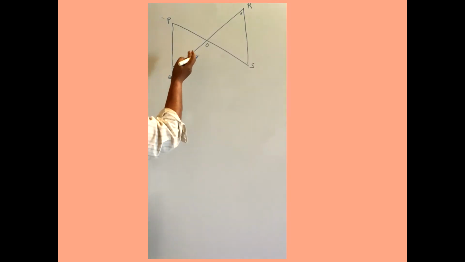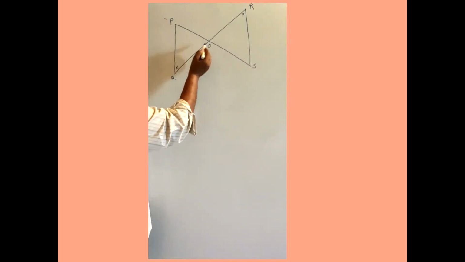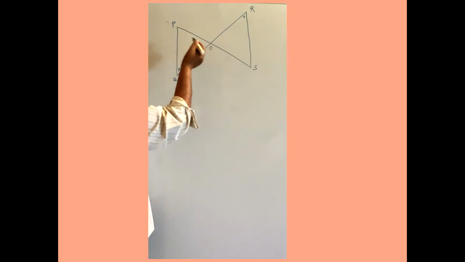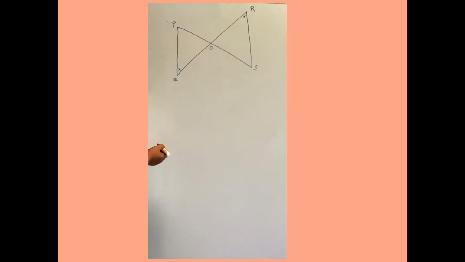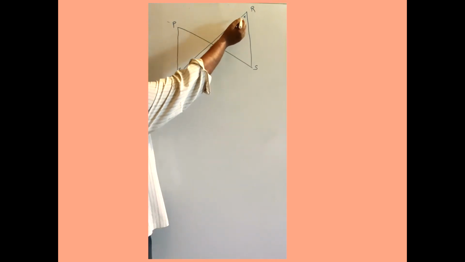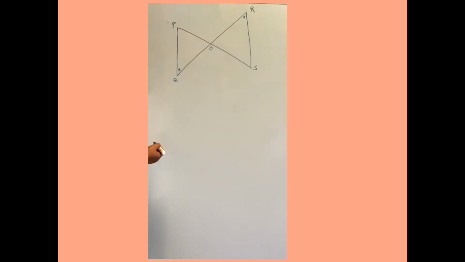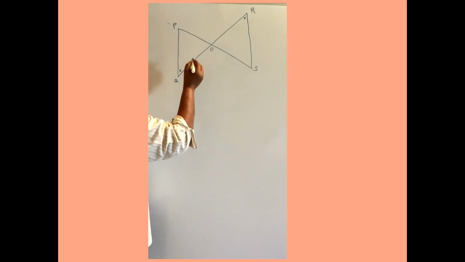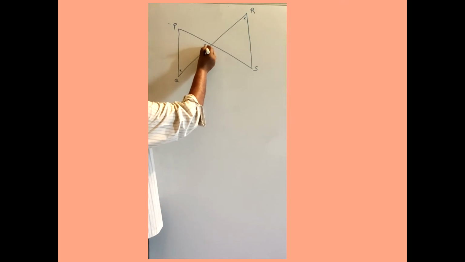Now we will see two triangles which are joined. For example, you can see the two triangles have one vertex common. You can also have two triangles with a common side. So how to find out in such cases? Only one marking is given to you. Therefore you need at least one more marking. Can you see what is hidden in this diagram? It is nothing but vertically opposite angles.